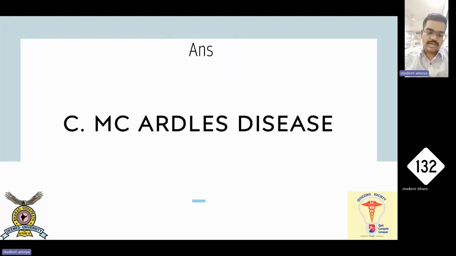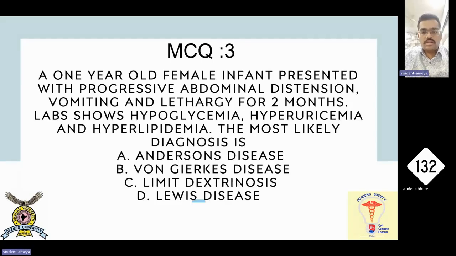Moving on to the next question and the ultimate question. The most likely diagnosis is A. Anderson's disease, B. Von Gierke's disease, C. Limit dextranosis, D. Lewis disease. The keywords in this question are 1-month-old infant,